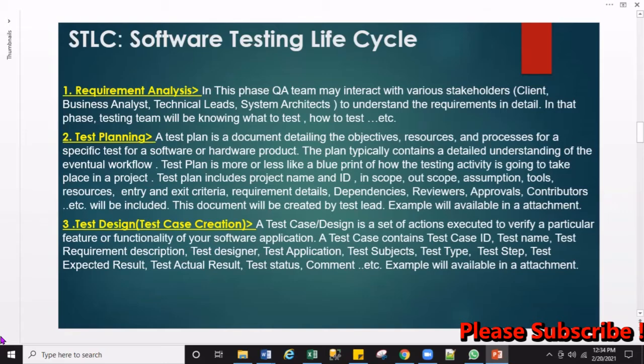But what does a test case mean? I will tell you by example. Let me give a clear example. For example, if you want to buy a car, right? You do planning. First you analyze what car you should buy. Then you plan. I would like to buy a car up to like 50,000 or 30,000. Based upon the plan, when you go to buy the car, you will be thinking and analyzing. After analysis, you will be planning. I will buy this car and I will try to pay this much. You make a plan, right?